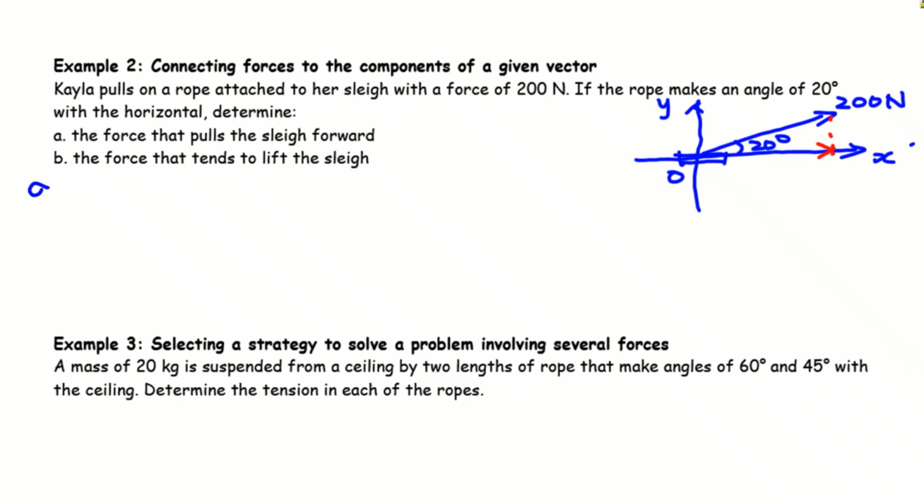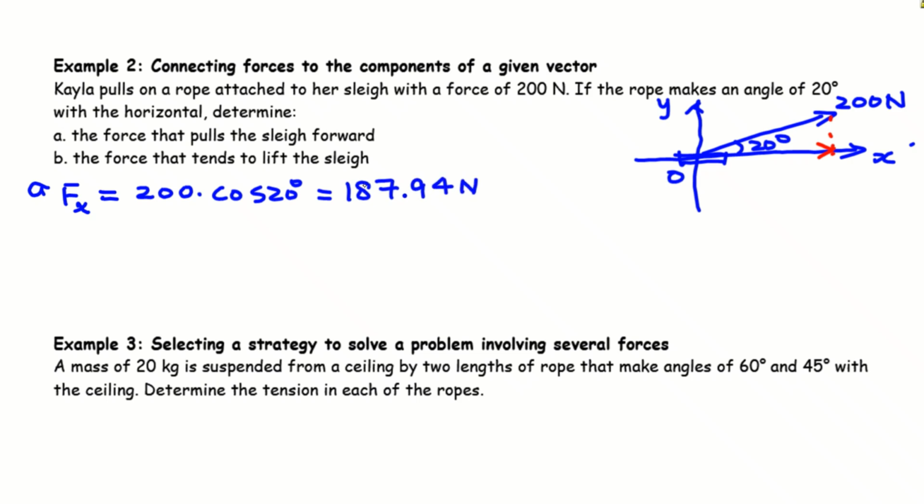So question A, the force that is in the x direction is our force that pulls the sleigh forward, and the adjacent equals hypotenuse times cosine. So the x direction will be cosine if the angle is formed with the x direction. So we do the calculation, and we have approximately 187.94